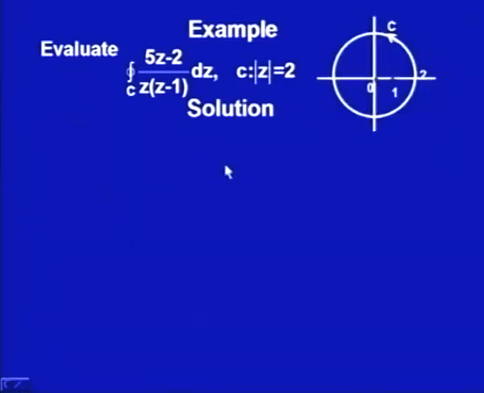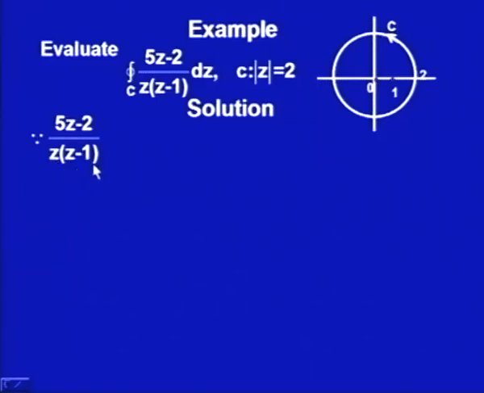First, see the contour. Our contour is this circle, positively oriented, of radius 2. Now, let us see this function f(z). f(z) is (5z - 2) upon z(z - 1). We see this function is of the form p(z) upon q(z). We know that if q(z) has zeros at which p(z) is not 0, then all those zeros would be the poles of the function, and the order of the poles would be the same as the orders of the zeros